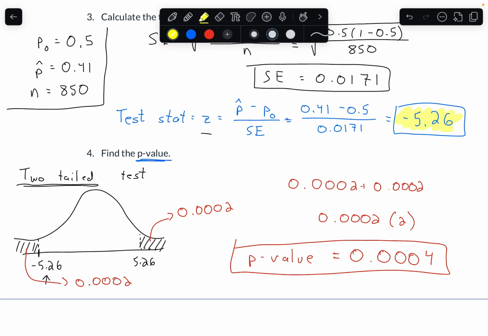In every single hypothesis testing question, we either want to reject the null hypothesis or not reject the null hypothesis. And we'll talk about that in the next video. But this is one of the two numbers that we need to look at in order